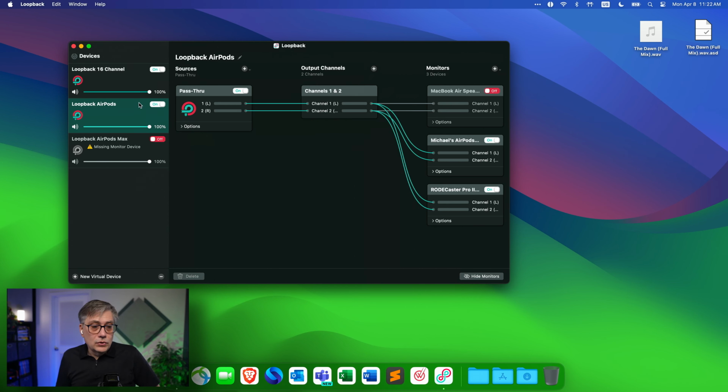hearing. So I have this little loopback AirPods device that essentially just takes the audio in and then distributes it into the Apple AirPods so that I can hear something, and into the Rodecaster so that you guys can hear something. So whenever I'm using the loopback AirPods device, this is where you guys would use simply the AirPods Pro or AirPods Max or whatever you're using.